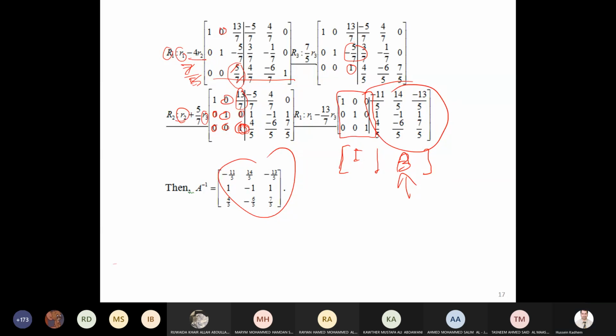Clear? Yes. Great. Now, Doctor, yes, this before the R3 or the